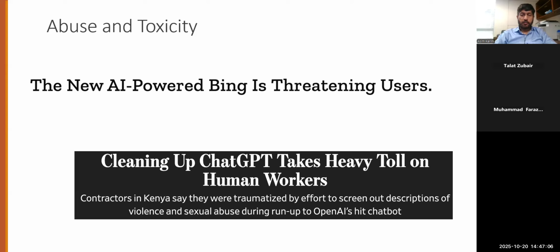So abuse and toxicity and other stereotyping, this is an issue that has been seen right from the beginning of language models. Because when you train your language model on a specific set of data, that language model would then parrot that data or mimic that data as much as possible. If your data is biased in some way or it has stereotypes in it, those stereotypes would be propagated in the text that is generated by the large language model. Okay? So this can appear in various fashions.